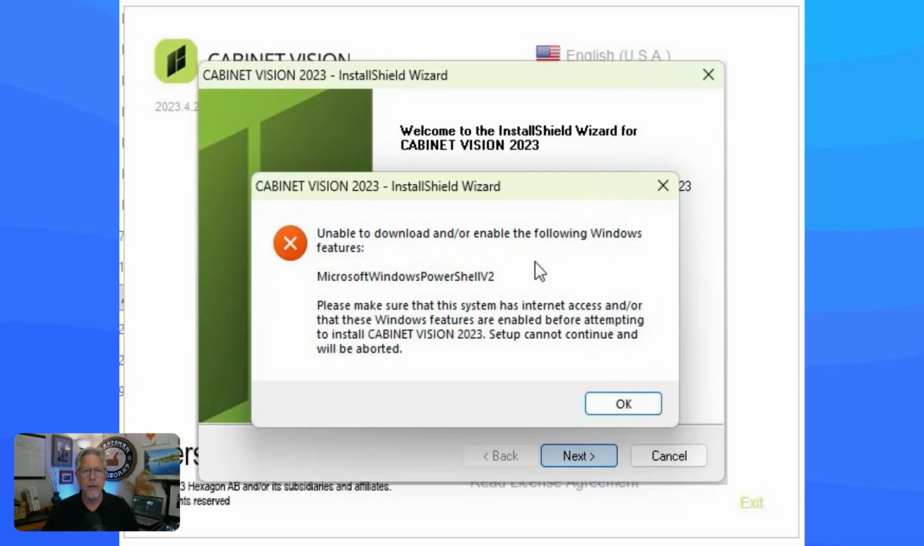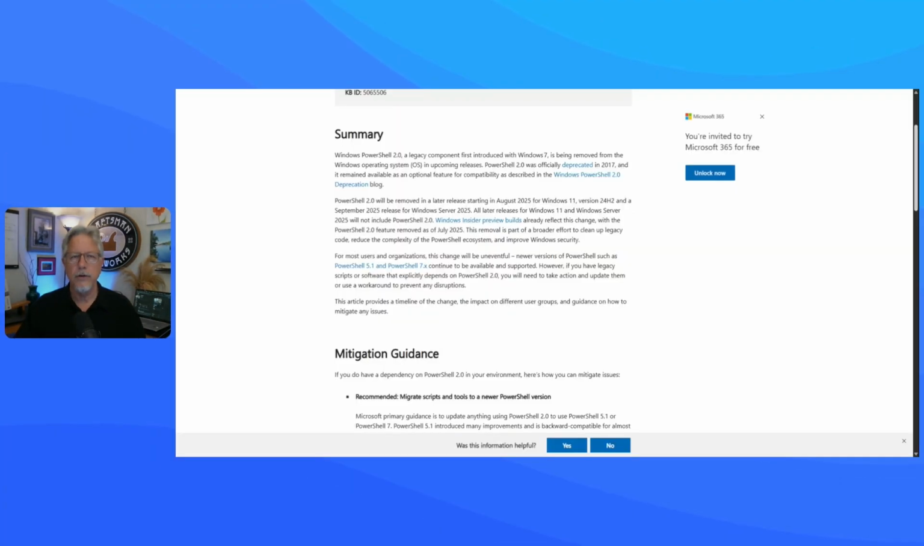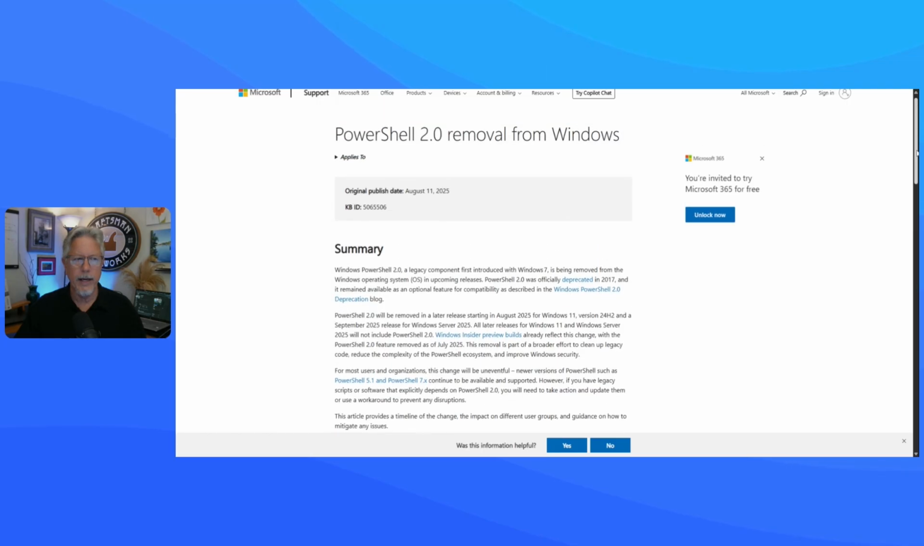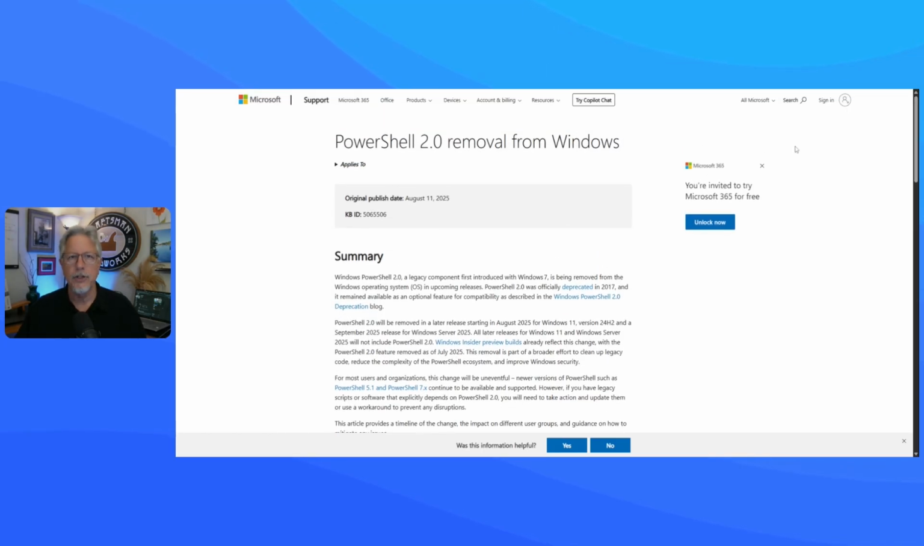Okay, so let's see if we can unpack this problem with this Windows PowerShell version 2 thing. So let's just look at this error and see if we can pick it apart a little bit. It says we're unable to download this thing that we need in Windows. So let's go back and talk about a little bit of history here. As I was working through this, I went back and dug up a little bit of information about what exactly is this Windows PowerShell 2 thing that we can't